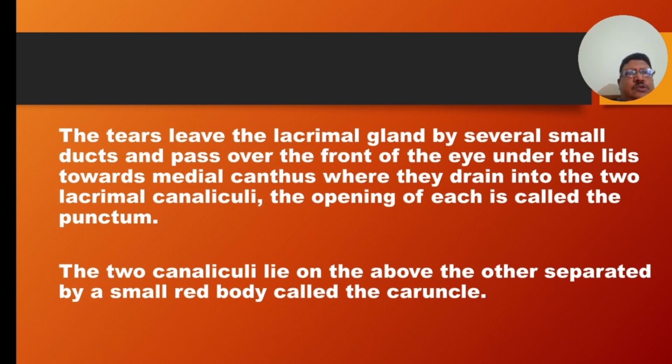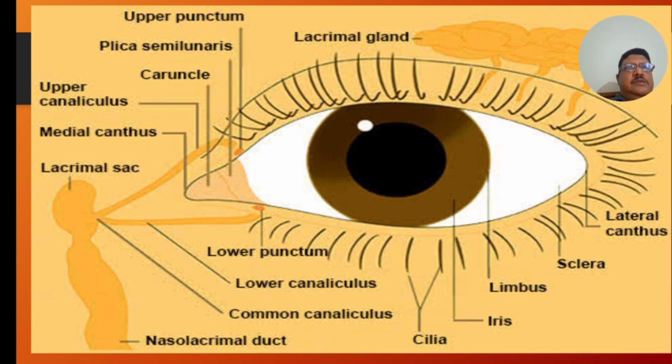The two canaliculi lie one above the other, separated by a small red body called the caruncle. So these are the lacrimal glands. This is the common canaliculus, the lower canaliculus, and this is the